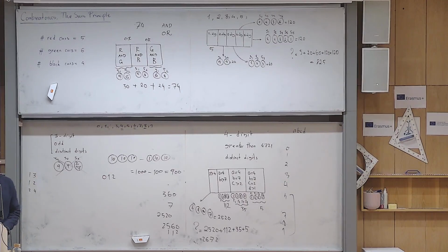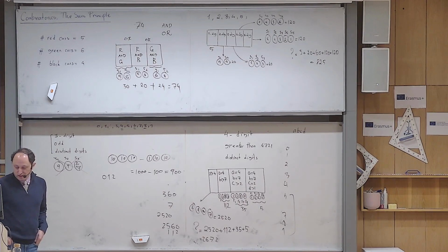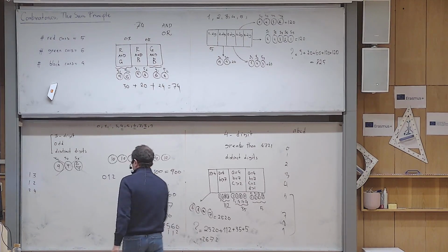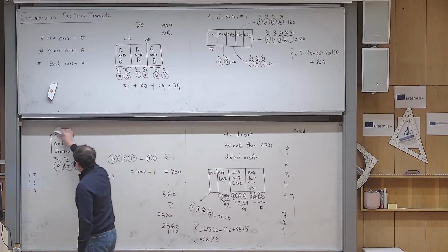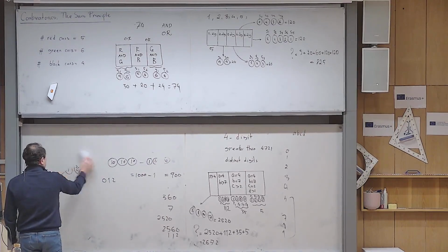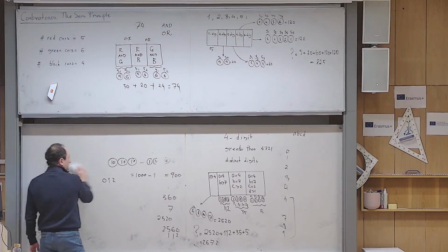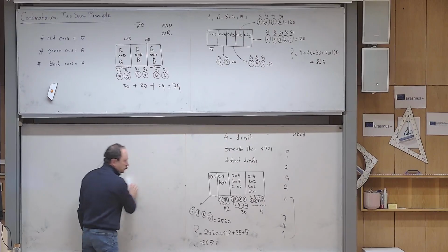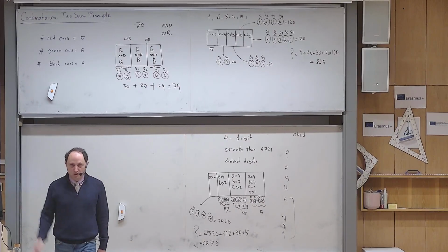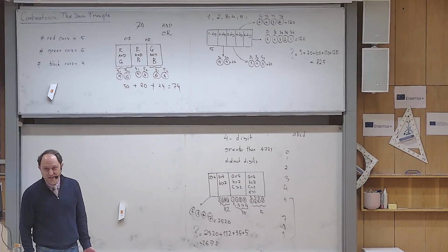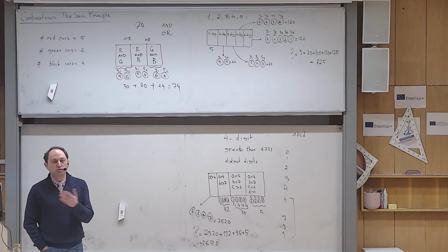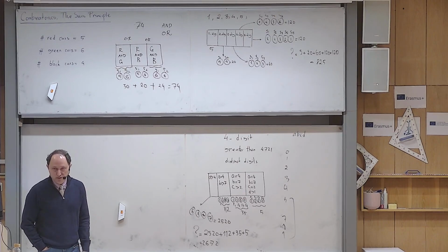Okay, so the question is, how many squares are there in a standard chessboard? So if I give you a standard chessboard, an 8x8 checkerboard, I want you to count all possible squares. Of course, if I ask you how many 1x1 squares are there, that answer is clear, 64. Yes? And I want to count all 2x2 squares, 3x3 squares, and then